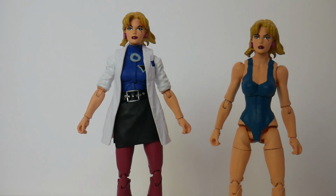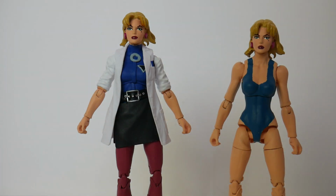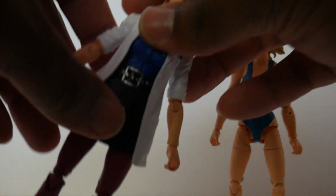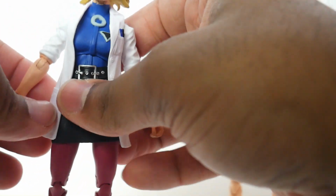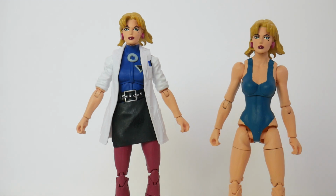But I don't think it was worth it to find something. I don't even think Hasbro makes a jacket that long for a female figure. So it is what it is, but it's totally fine. Speaking of which, the Moira skirt has that slit on the side. It is covered up fairly well by the jacket, so it is not visible, and I didn't modify that part